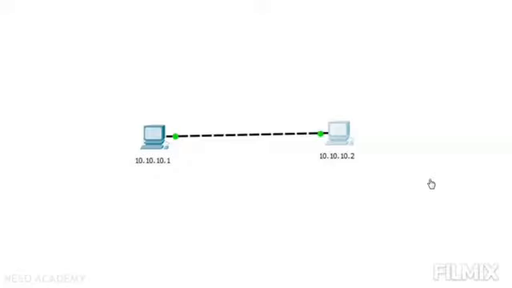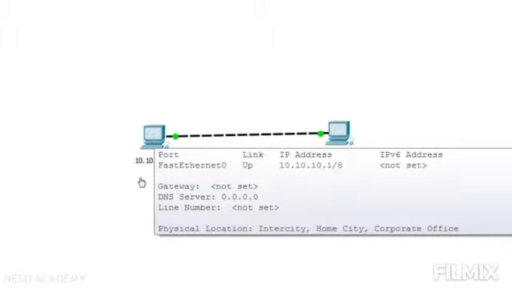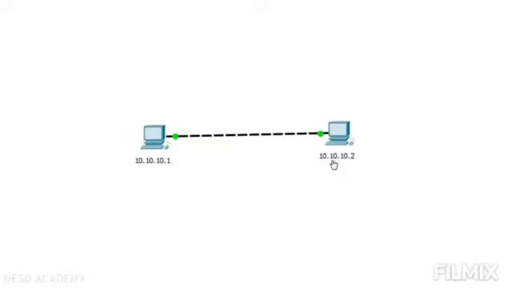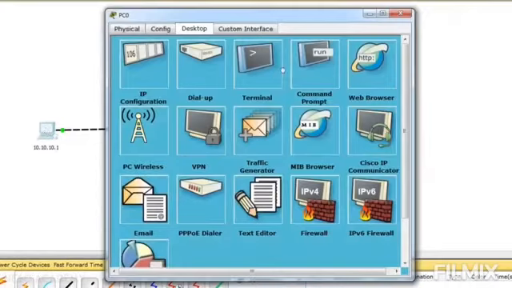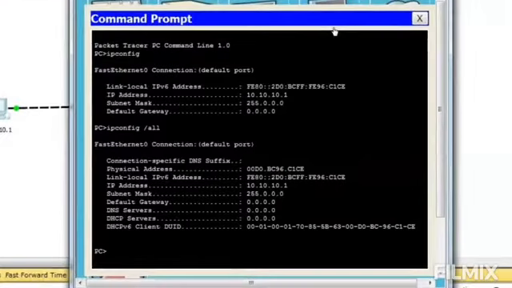Now we will see whether these two computers are reachable or not. I will go to the command prompt of this computer and I will issue the command ping 10.10.10.2, that is the destination computer. This computer is going to send 4 packets and it will receive acknowledgements for the 4 packets. Let me open this computer's command prompt, and let me give ping